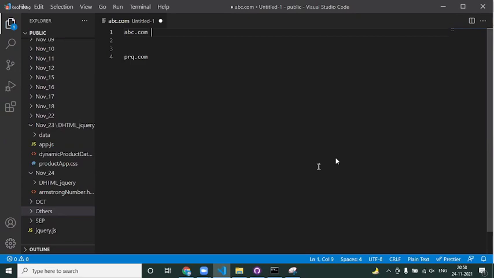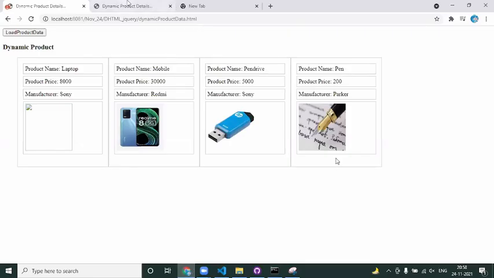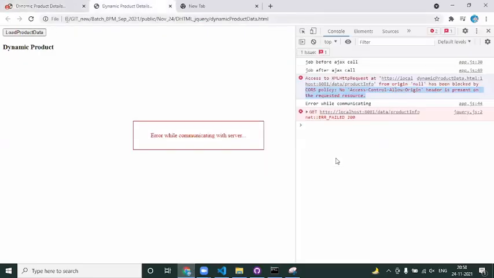But now what I'm saying is, as per our scenario, there is a handshaking between abc.com and pqr.com. They both are agreeing and they want to share the data between them. Then how do you get the data? Now, in order to make the communication between the cross domains, this E page is right now one of the domains. You are hitting localhost and we are okay. I want the localhost to respond back to this guy.